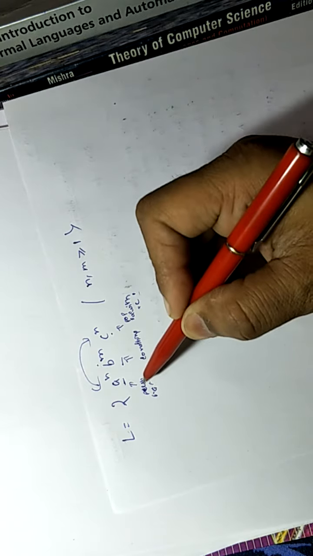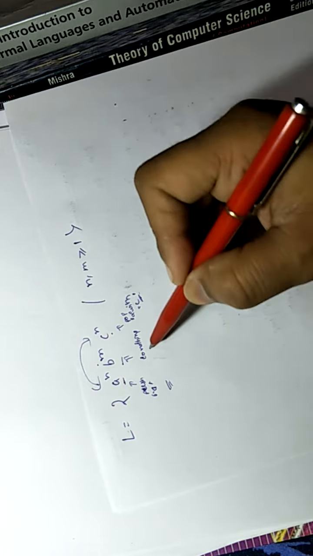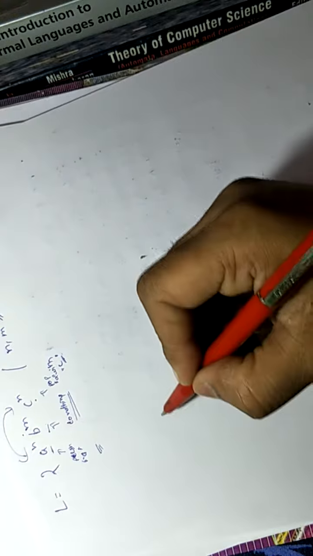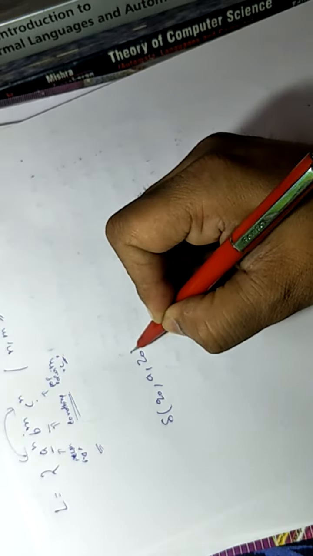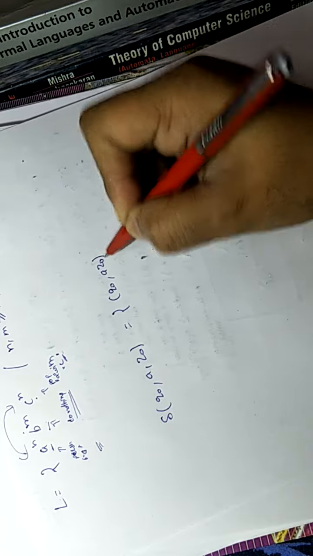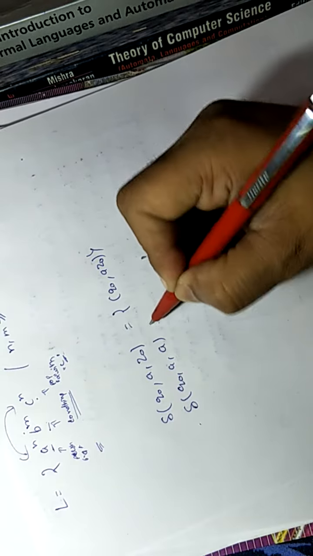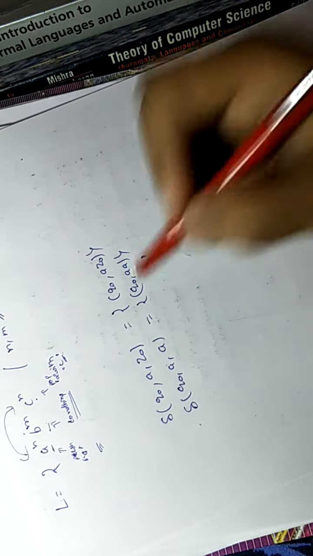We will push every a here. We will pop a with the c, and we will do nothing with b. B will only be read. We will read them and we will do nothing. So how can we design the PDA? From the start state, you will get a initially, with z0 as the stack symbol. You will push it. Then for every a, you have to do a push operation. Again and again you will push a.